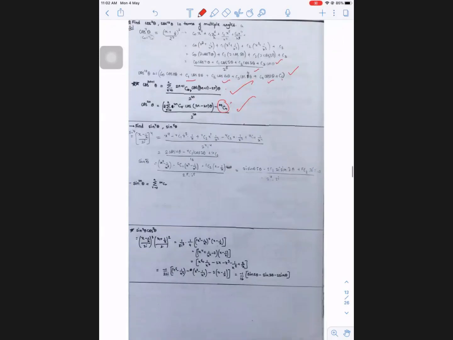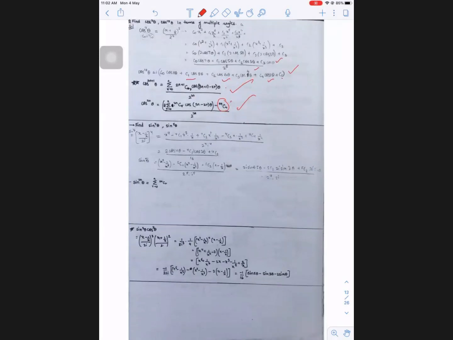In the same way, sine expansion results also. If you take sine power 4 theta expansion, even if you don't remember the formula, that's fine, but just remember this technique. If you want sine power 4 theta, simply take (x minus 1 by x) by 2i whole power 4. Just expand that, and within 1 minute you can directly write the answer.